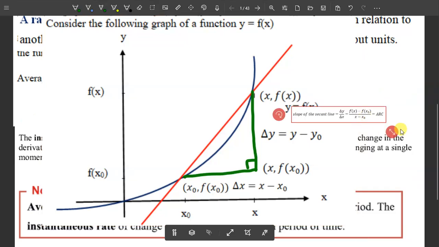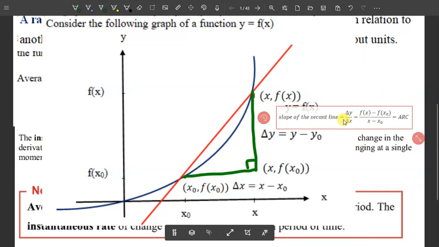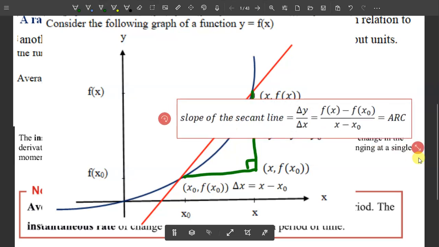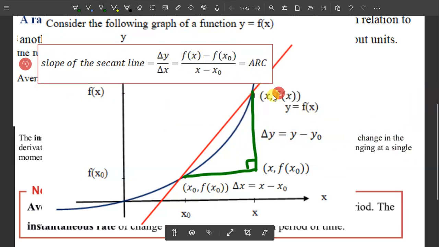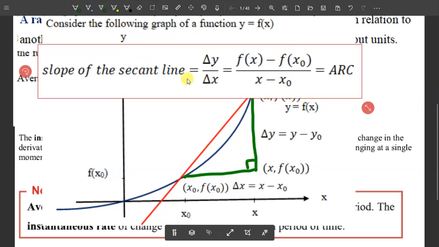Here, let us consider this one. The slope of this secant line becomes like this. I don't know if it is visible for you. Now, the slope of this secant line, which means the red line, is given by change in y over change in x. But change in y is y minus y0. Our y is simply equal to the function f of x, and y0 is equal to f of x0. The difference f of x minus f of x0 over x minus x0 gives us the slope of this secant